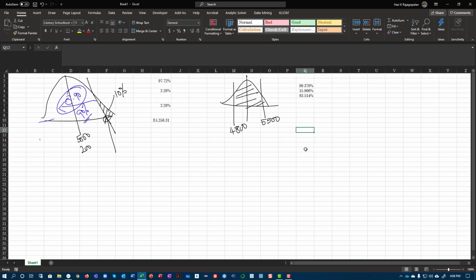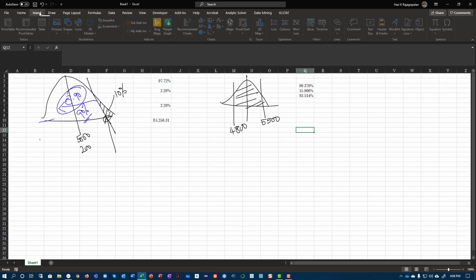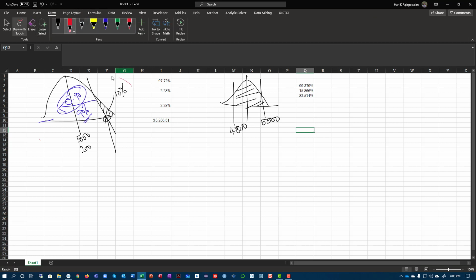Okay? So I hope all of you are comfortable in finding probabilities which are greater than some value, less than some value, and then between two values. You also should be, if given a probability, able to calculate that value. Remember also that if I give you the probability which is greater than some value, you will actually calculate the probability it's less than and put that in the norm.inv formula.